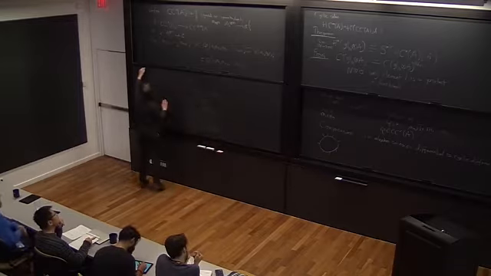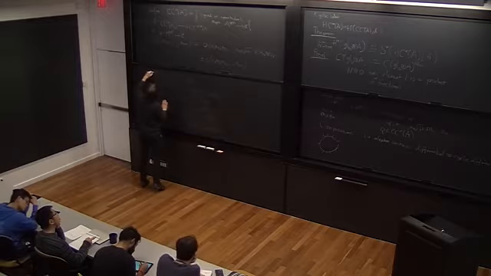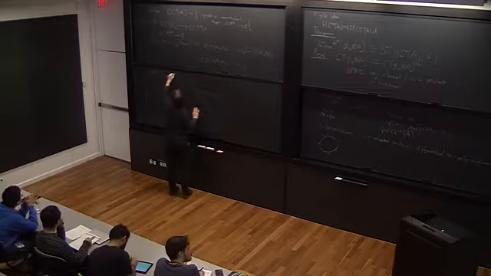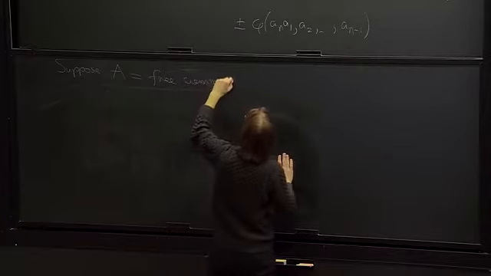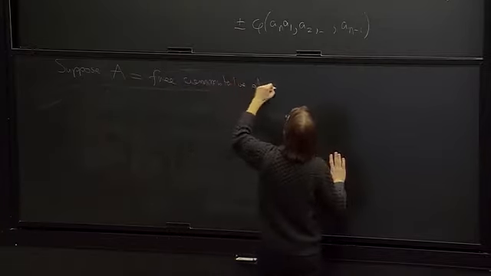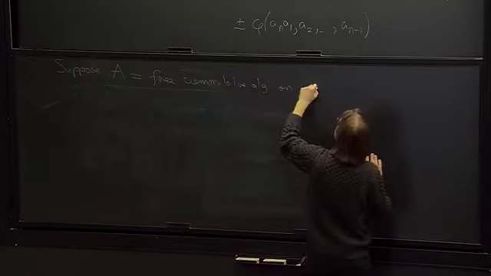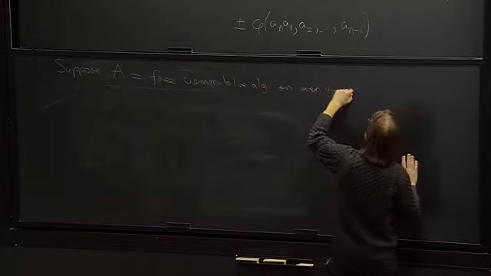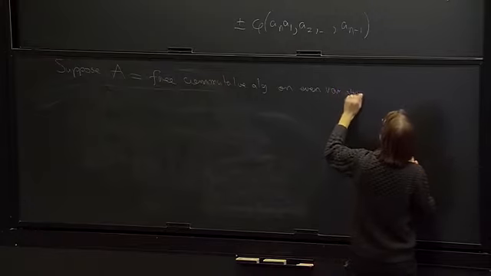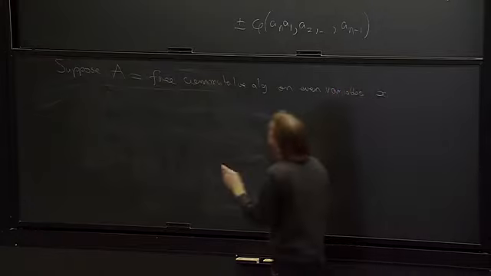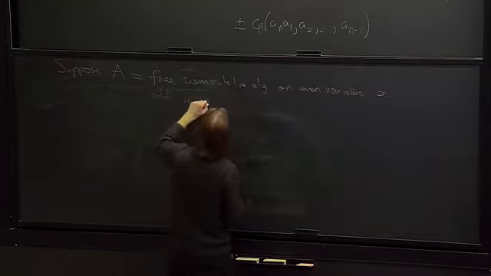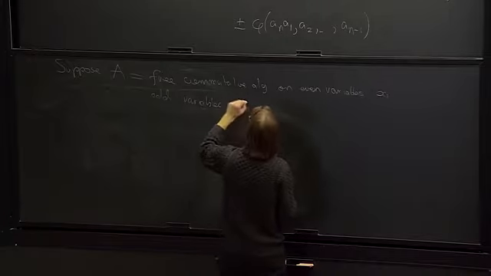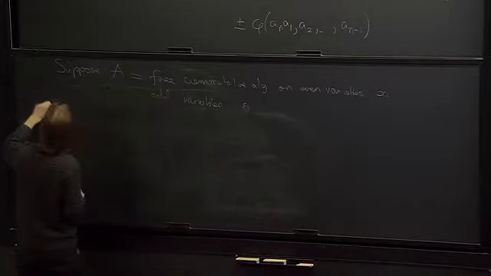So suppose that A is a free commutative algebra on even variables xi and odd variables epsilon j, then